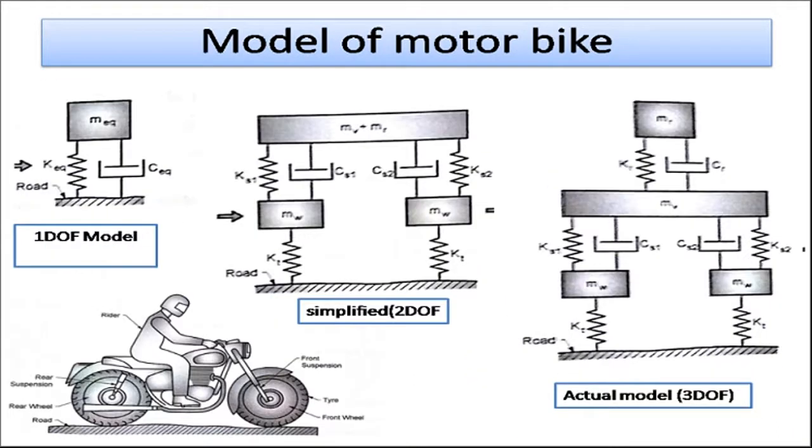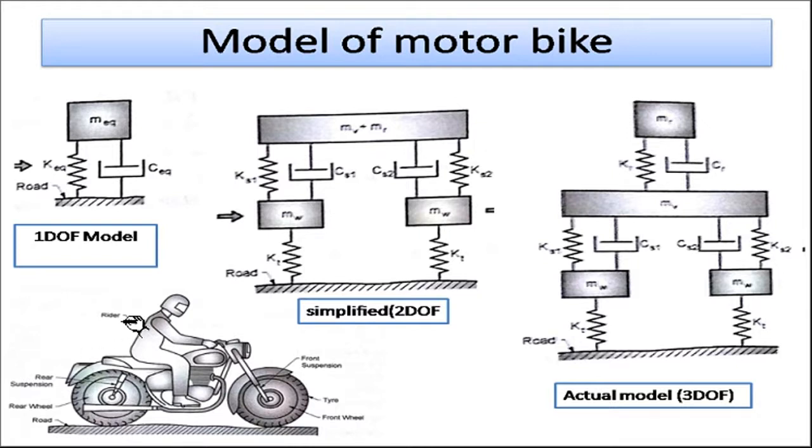Okay, so here you can see the two-wheeler. To make a mathematical model you have to understand the linkages between these parts. This is the road surface, and in contact with the road surface there is a tire. The tire gives a particular mass to the front and rear wheel of the vehicle or the bike, and over this there is another mass transferred through the suspension system. This suspension system has a certain spring and damping, and the total mass of the rider and the vehicle acts through the suspension system over this wheel, from the wheel to the tire and from the tire to the ground.